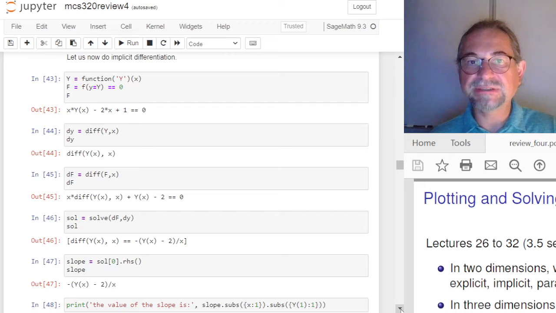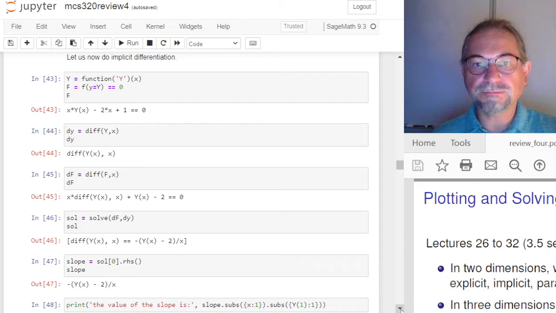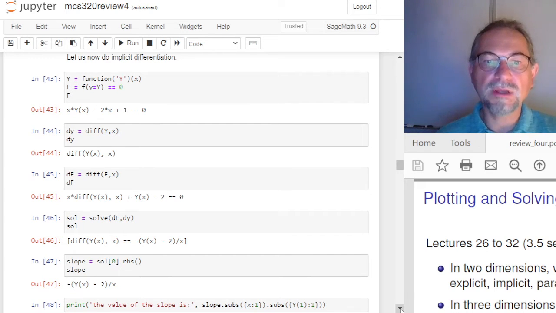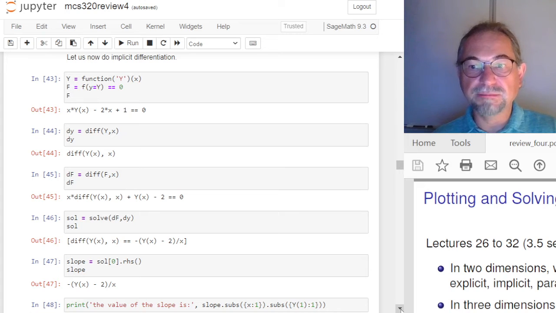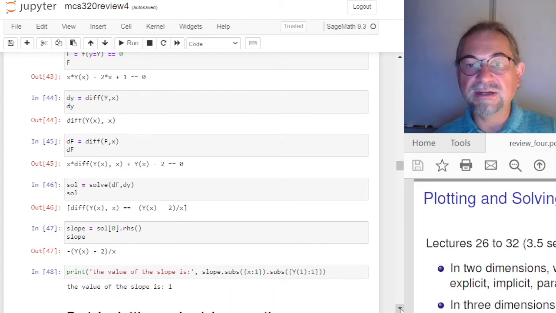So here is the implicit differentiation where I declare a new function. I take the equation that I had for the curve and I substitute in y. So here I have declared y as a function of x. So it then suffices that I write capital Y everywhere. I don't need to repeat y of x. So that's important here. Okay, we get a symbolic formulation with the slope, and here I chose